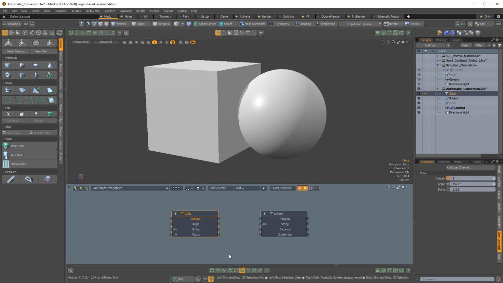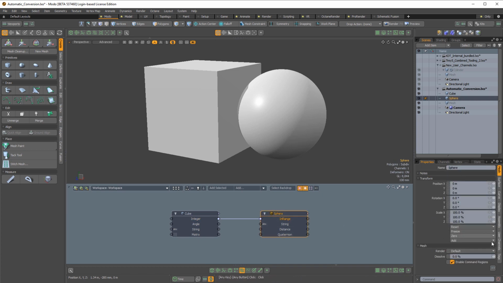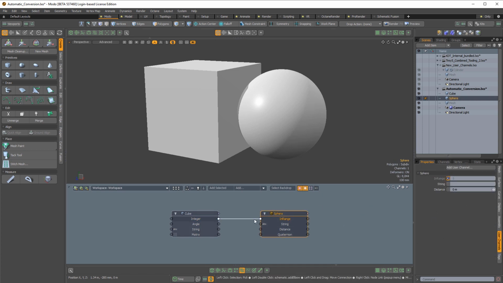So inside of our cube here, we have some user channels like integer, angle, and so on. And if we grab the integer, you can see we can plug it into any of these channels because Modo is automatically converting. And we'll plug this into the in range. And now let's select the sphere and go to our user channels, and you can see we have a value